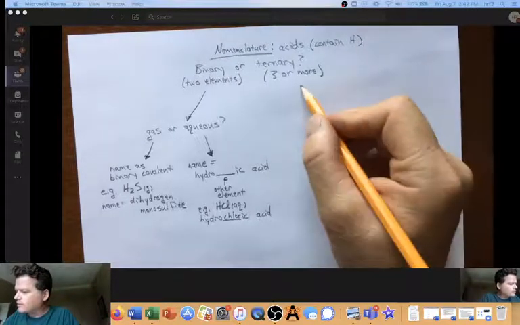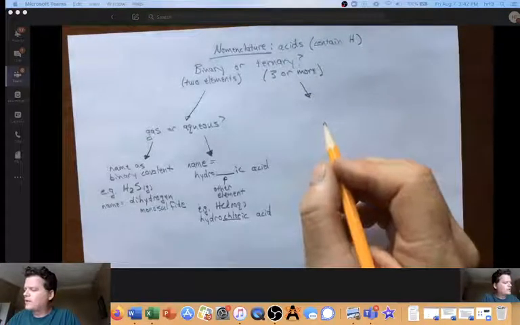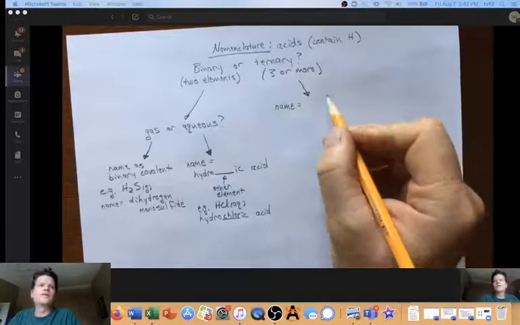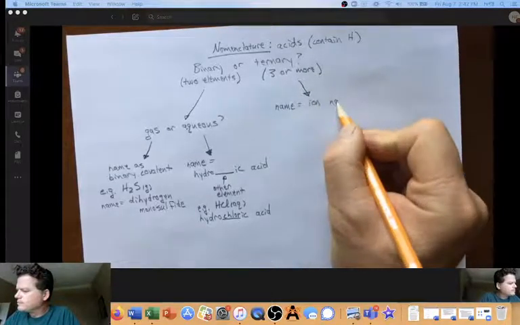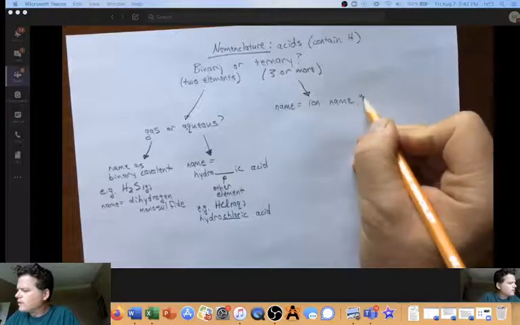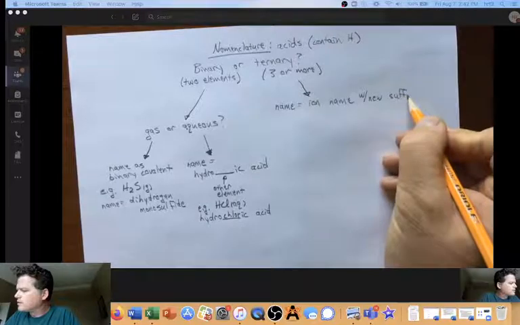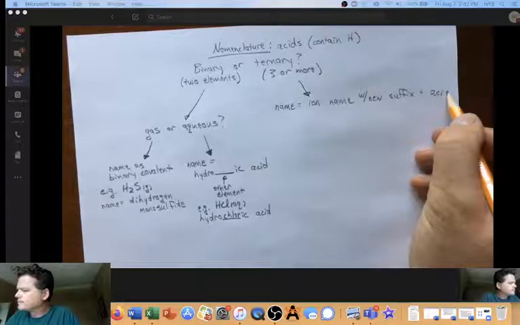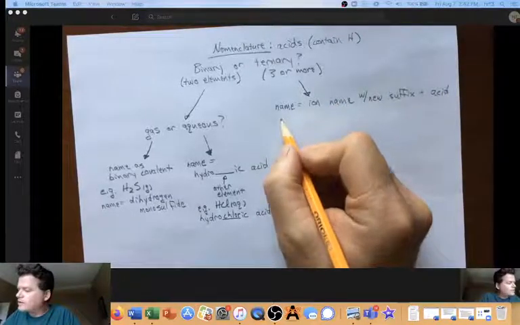Ternary acids, we're going to have hydrogen and then a polyatomic ion that has at least two elements in it, and the name is going to be the ion name with a new suffix and then plus the word acid. And the way that we will change the suffix